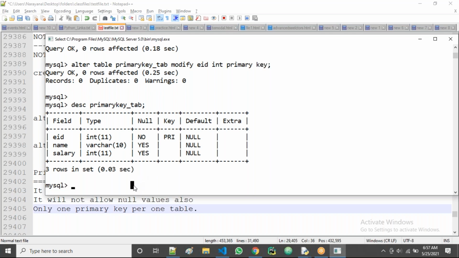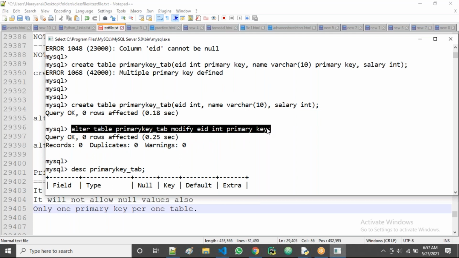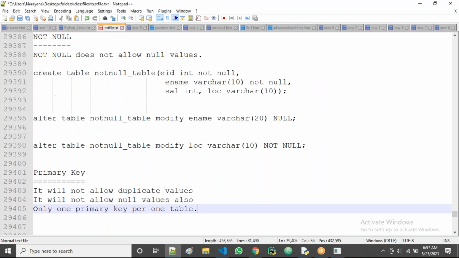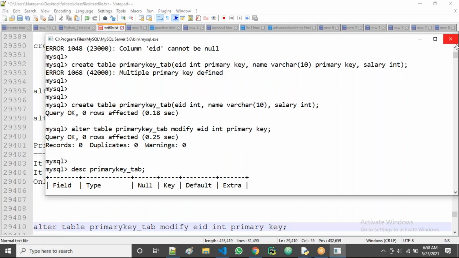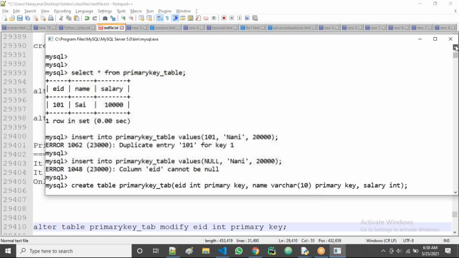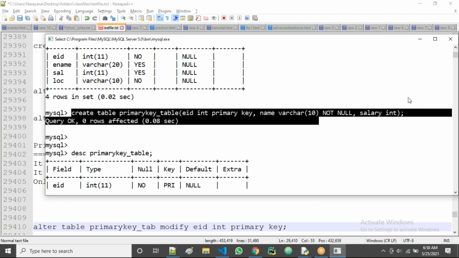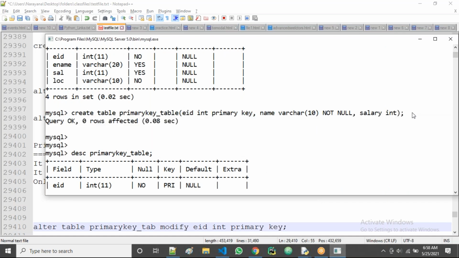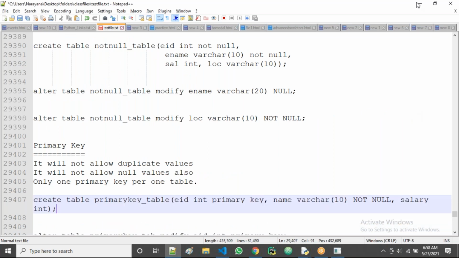So are all of you clear about working with the primary key? This is the way to apply it to an existing table, and here, while creating, I'm applying it.